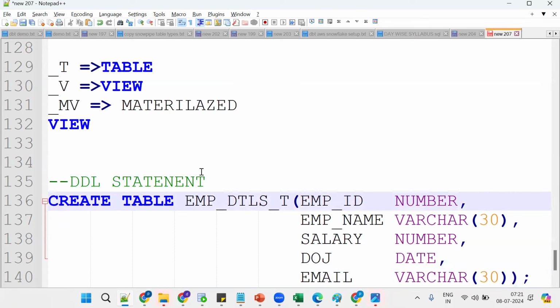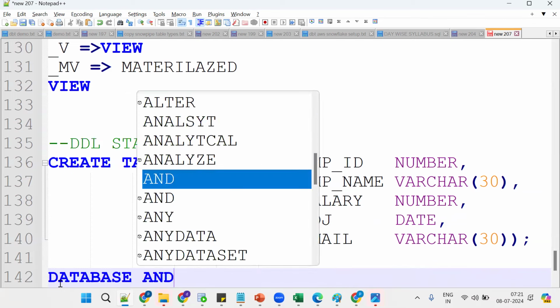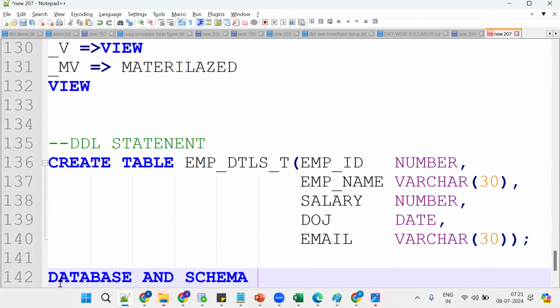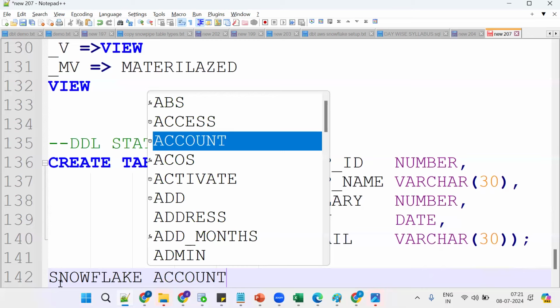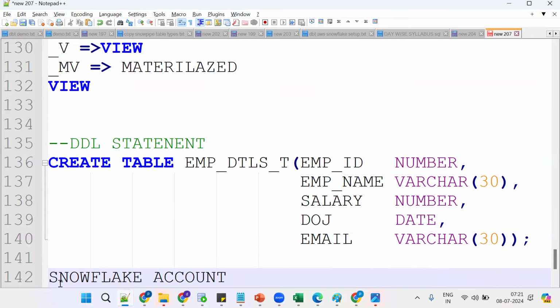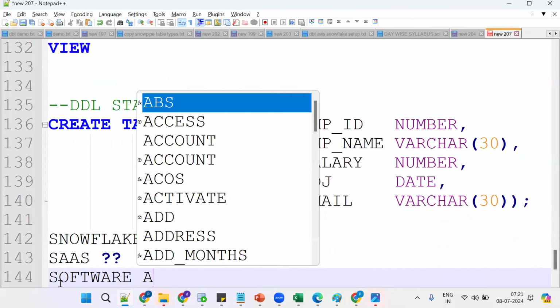Now I want to create a table or any database object. What should be there? If I want to create any database object, compulsorily we should have a database and a schema. Now we should create one Snowflake account. Yesterday in Friday's class, for Snowflake, do you need to install any software or hardware? No. Why? Because it's a SaaS-based tool. What is SaaS? Software as a